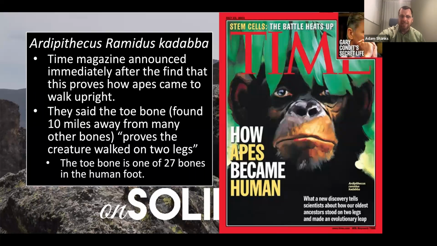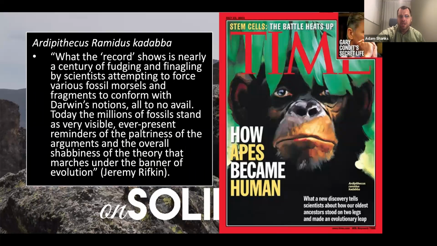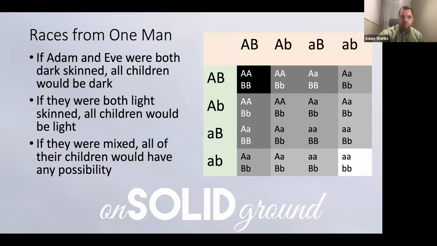And again, I say all that not to stir up trouble, not to cause anybody to think that I'm calling names or throwing people under the bus, but I want people to realize there is a lot of bias in this discussion when you deal with the evidence. Not yet have they found a transitional man, not yet have they found transitional forms between animals.